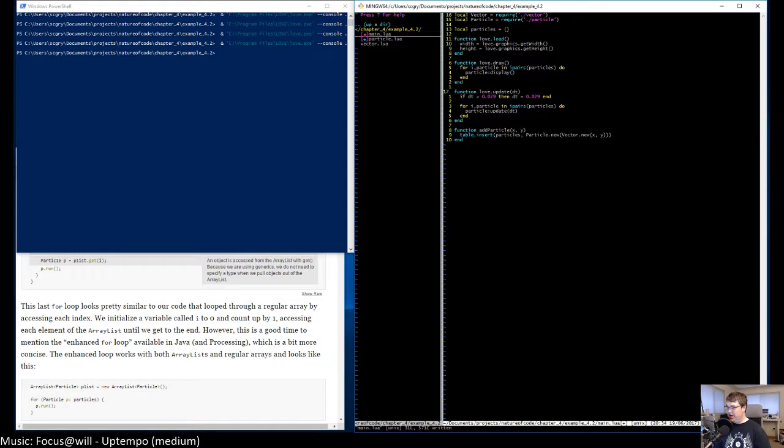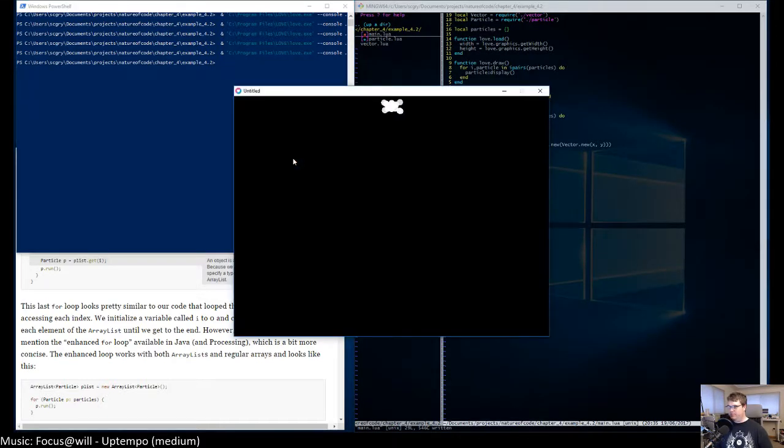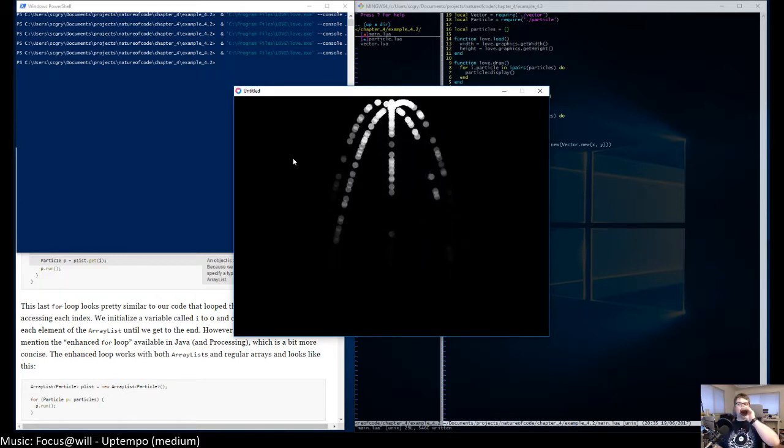What I really want to do is an update here. I want to now say add particle and give it the middle, so it's 2, and then the Y is going to be 30 down. So this should just constantly add new ones every single frame. And that's actually pretty cool. It's like a little water fountain.